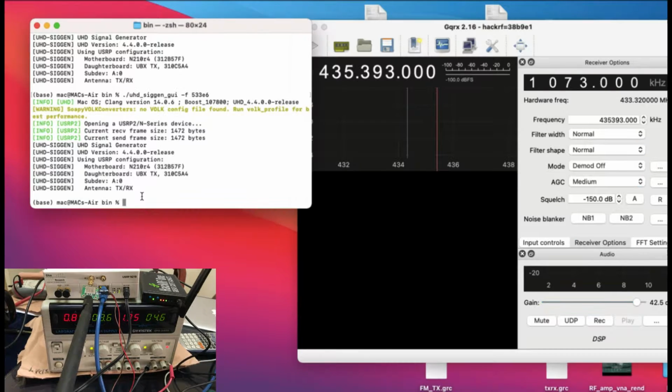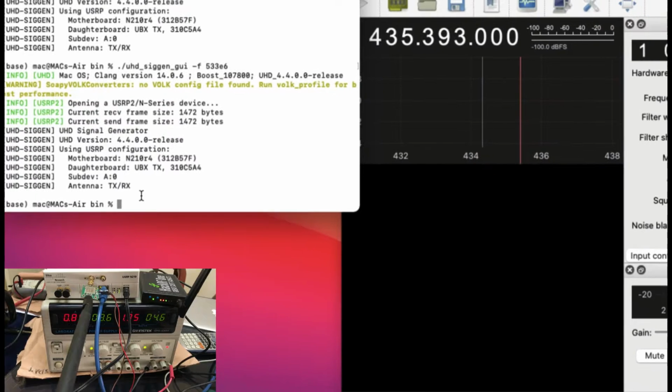The next thing that I'm using is this. I think I made a video on it with the USRP. There is a tool called the USRP Signal Generator. You can use that to generate different types of signals that you want. So I'm going to use exactly the same application. That application is called